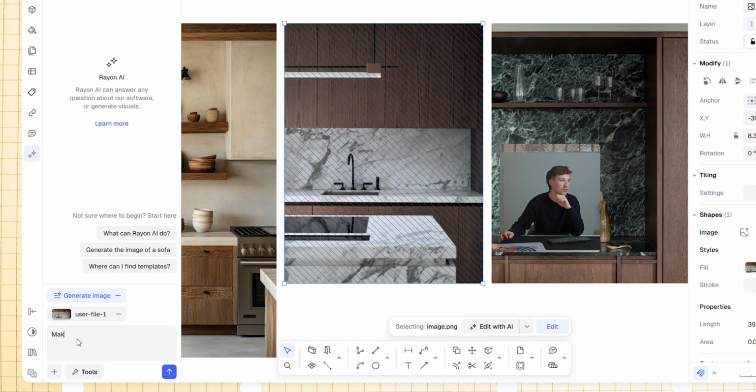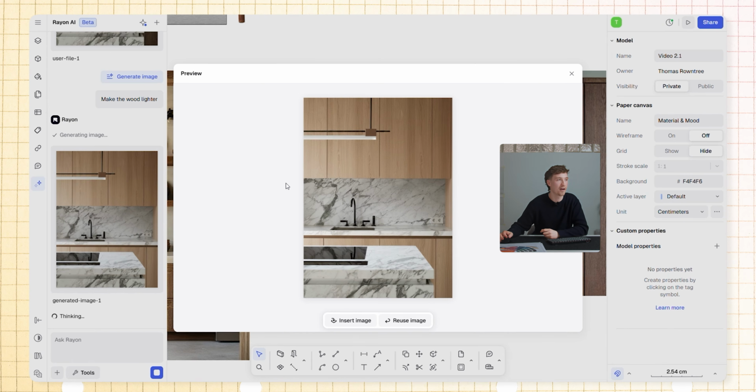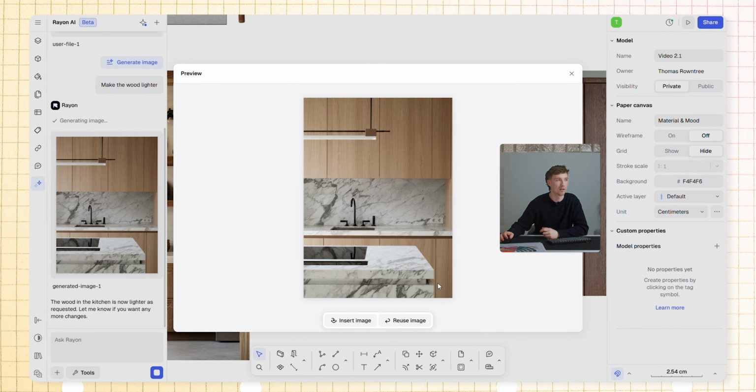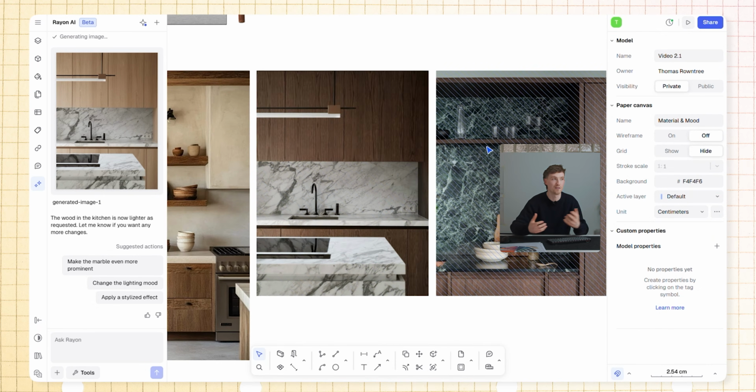In this case, we're going to do generate image, and then you can prompt it. So we're going to do make the wood lighter. And you'll see here that it will generate an image or a version of that image that we've imported with a lighter wood, which is really quick and powerful if you want to start visualizing alternative colors or alternative finishes